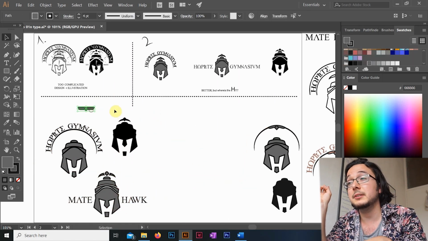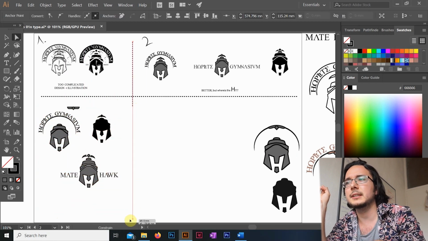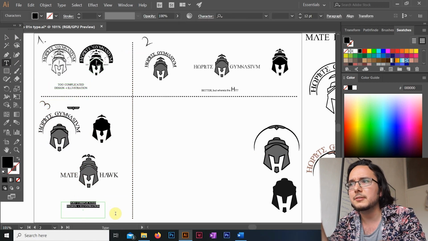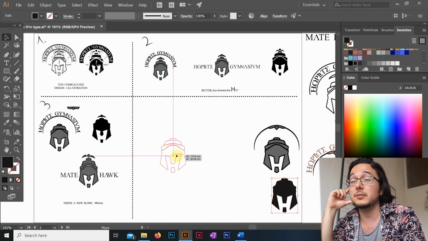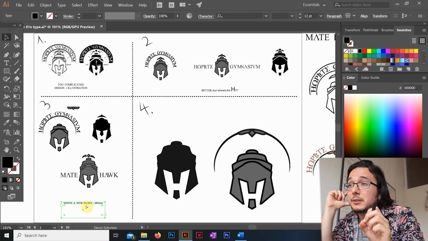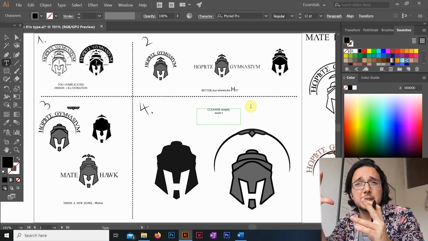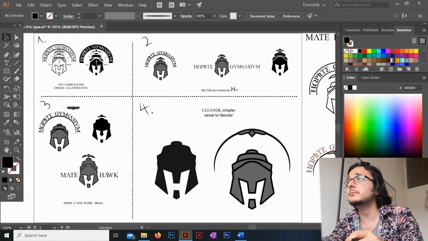I got rid of all my decorative lines as well. Also I made this little hawk symbol part of the line, this line over here instead of the helmet, so it doesn't distract from the helmet. Little tweaks like this. A good way to check if your design is too complicated is to simply zoom out. Make it very small. Now, if your design has parts, sections, lines that you don't really see at a very small scale, chances are you don't actually need those parts.